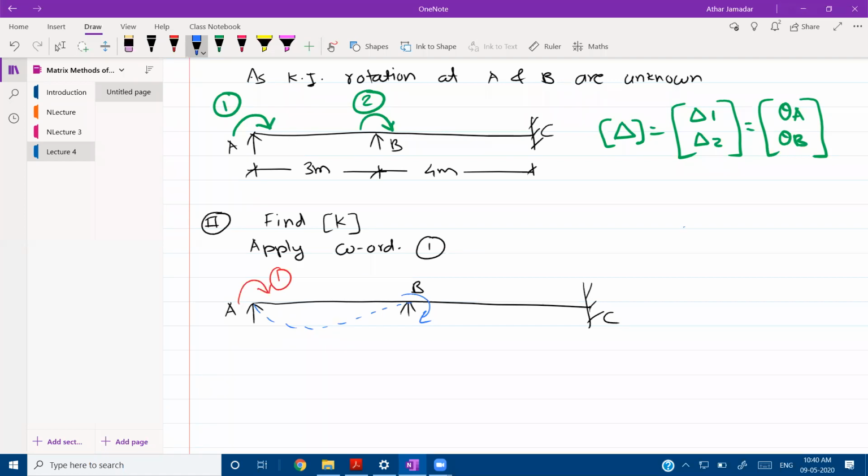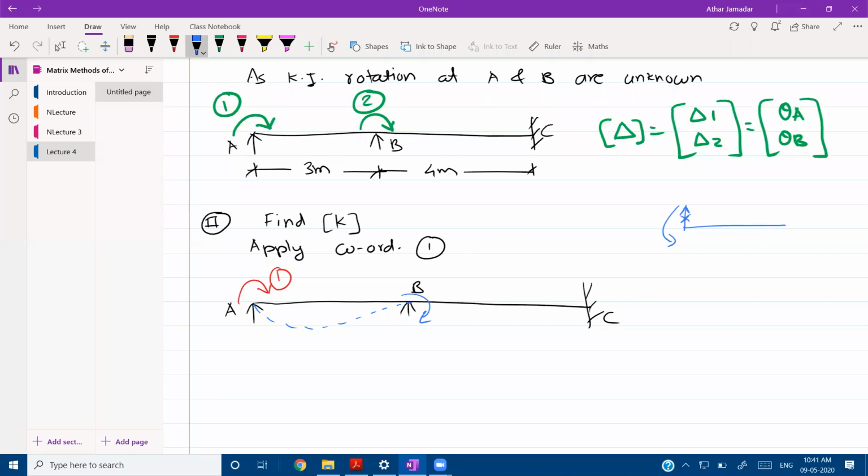That means whatever diagram we have seen, if suppose rotation is acting like this, then we are used to developing a force coordinate like this. But here at support A and support B, reactions are already there, so we do not develop this force coordinate here. Rather, we have to only work on this moment coordinate.